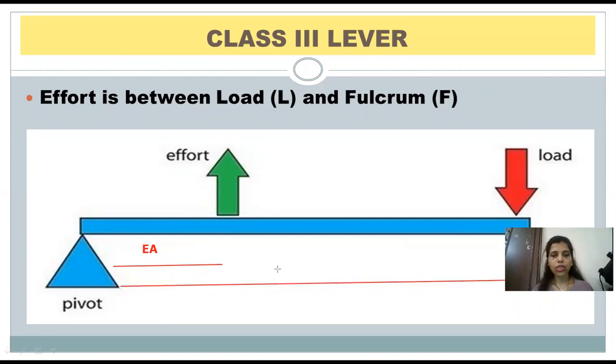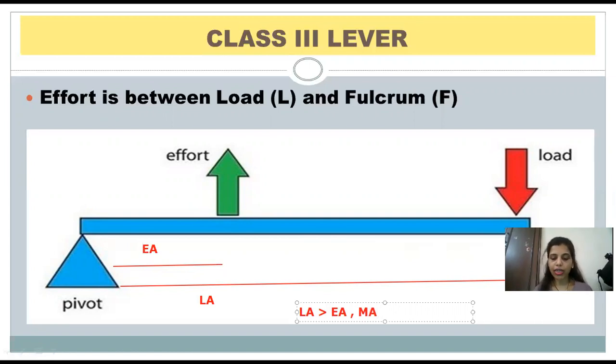Okay, because effort is at the center over here. Just take care of marking it: load arm. So now here you can see that in this case also, very important, that load arm is greater than effort arm. Okay, so what is greater over here? The load arm. So if load arm is greater than the effort arm, then what are you going to have